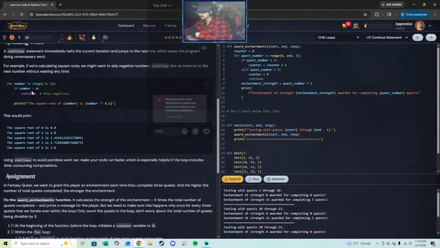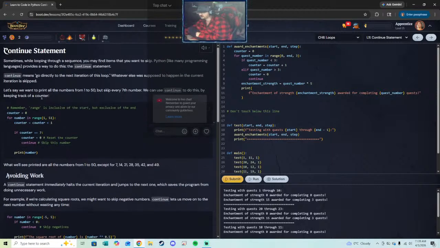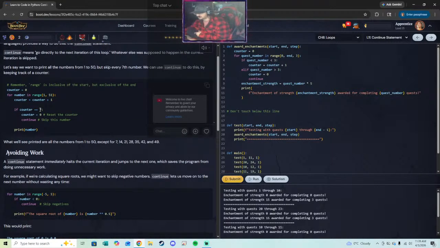If number is less than 0, this skips negatives. Counter equals counter plus 1. If counter is equal to 0,